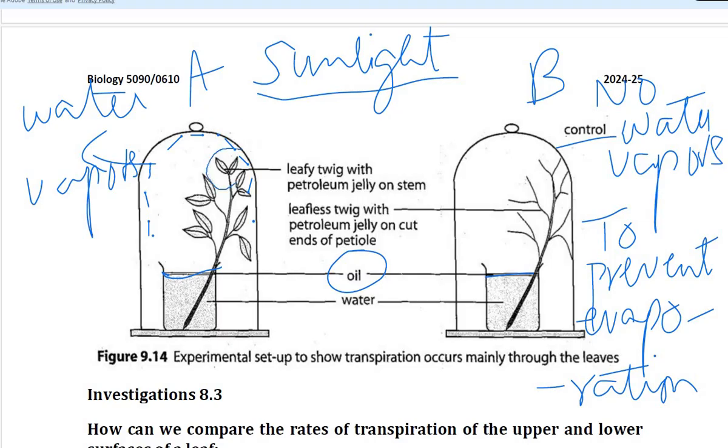क्योंकि there are leaves. लीव्स भी हैं, वाटर भी है, so transpiration is happening. Here there are no leaves, no transpiration. अच्छा, हमने क्या किया है कि जो स्टेम होता है ना उनकी ट्विग्स के ऊपर हमने पेट्रोलियम जेली भी लगा दी, ताकि जो लेंटिसेल्स ऑफ द स्टेम है उनसे जो ट्रांसपायरेशन होती है वो भी ना हो।